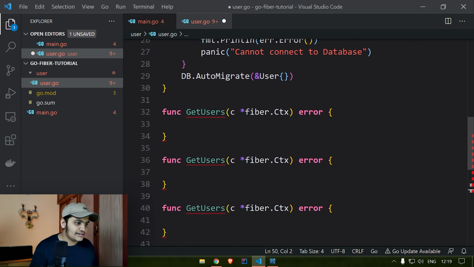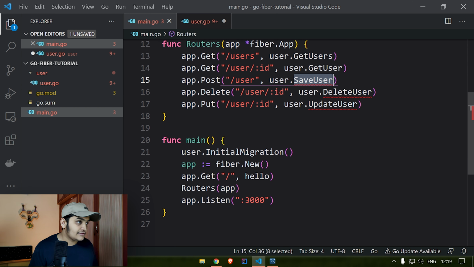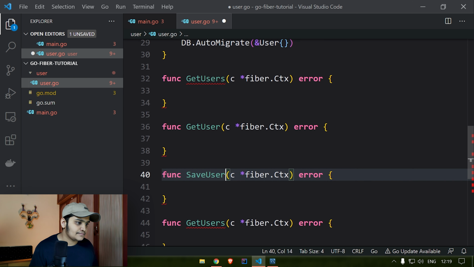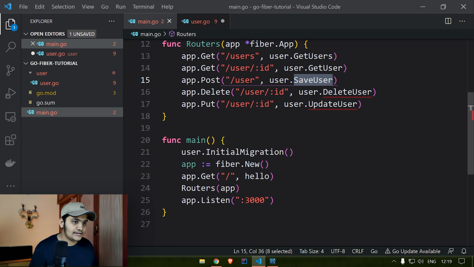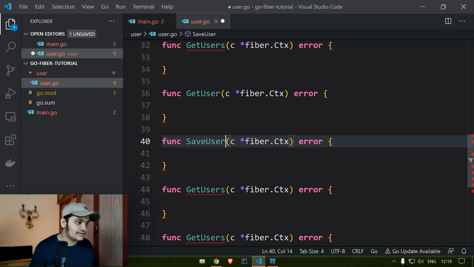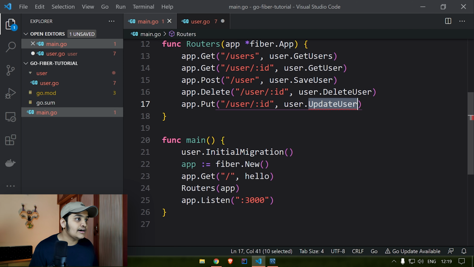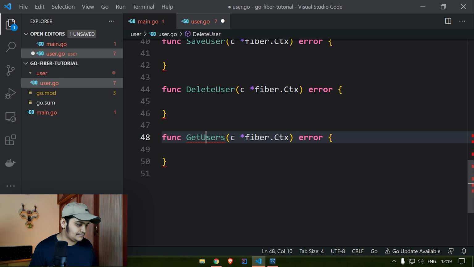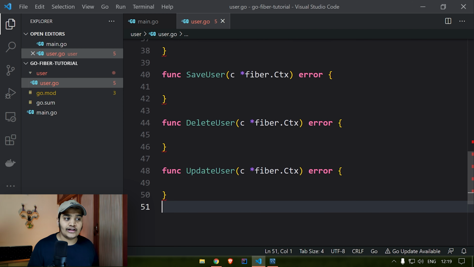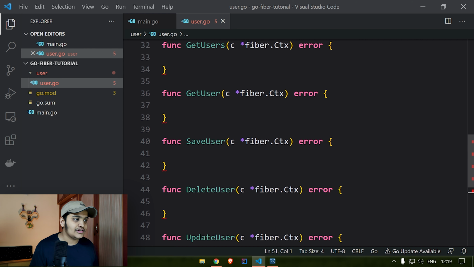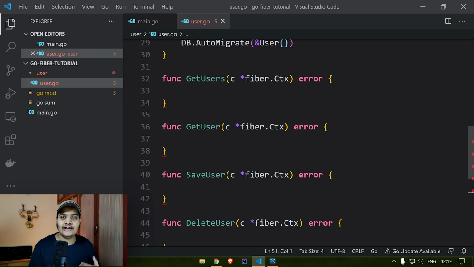Okay, get users, then get user, then save user, then delete user, and then update user. There are still errors over here, but once we implement everything, it will be easier. So let's implement all the methods and then we will check it.